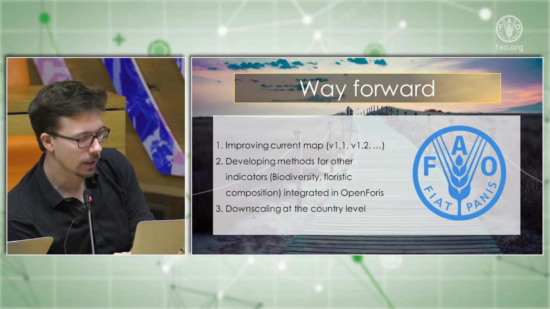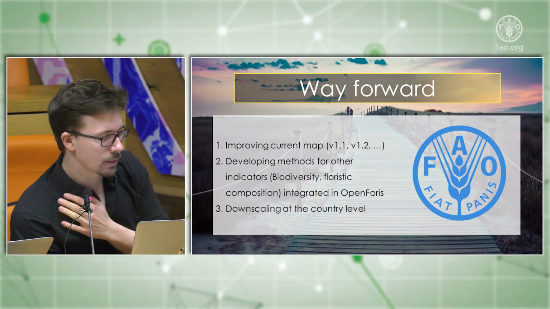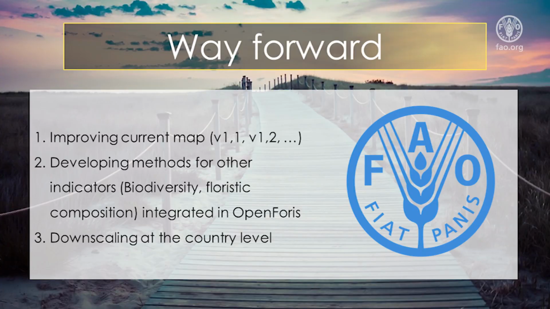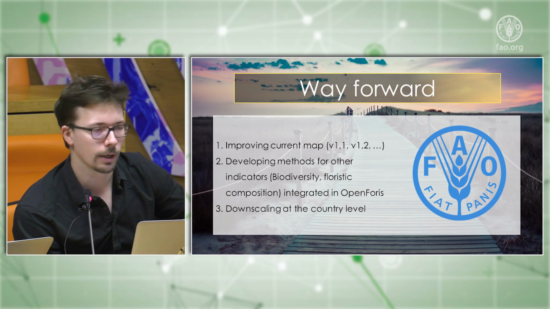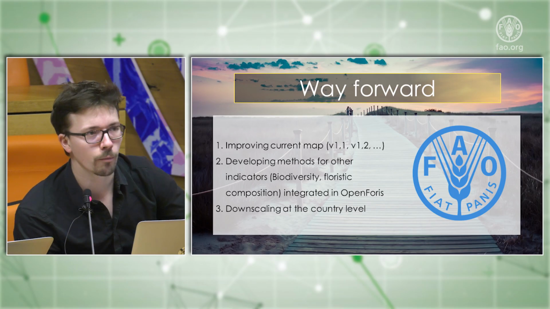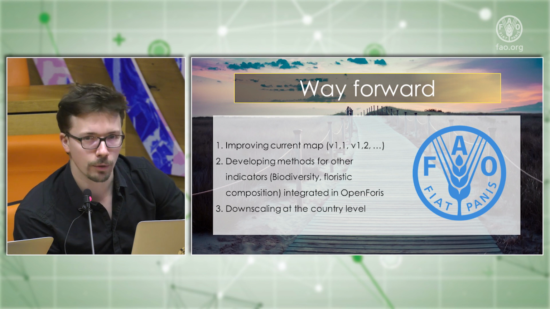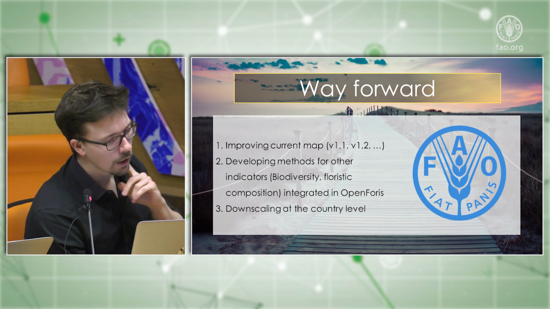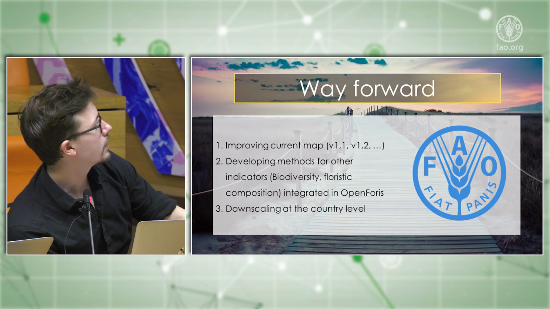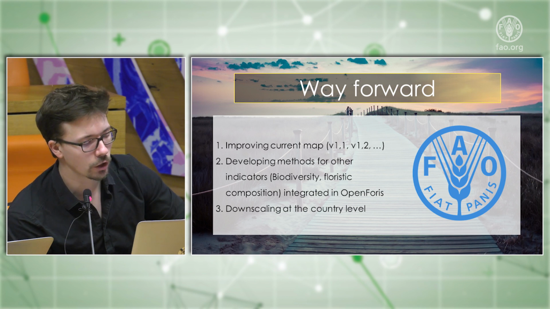So the way forward, as I tried to explain, is that you saw that I talked about several improvements that we could make for our map, and we intend with the Crowther Lab to continue to publish regularly, a bit like Matt Hansen is doing, updates of the map with lower uncertainty and with more information that we can provide to the people in the field. Another challenge that we will try to tackle is to provide more information at the local level.